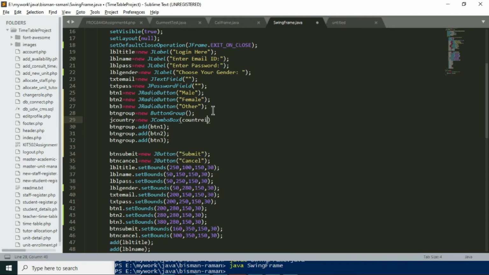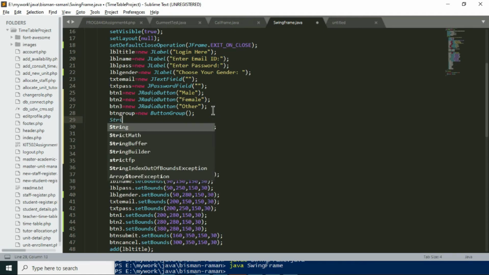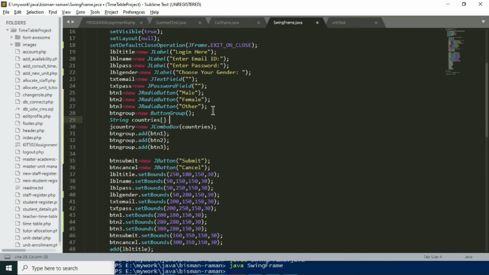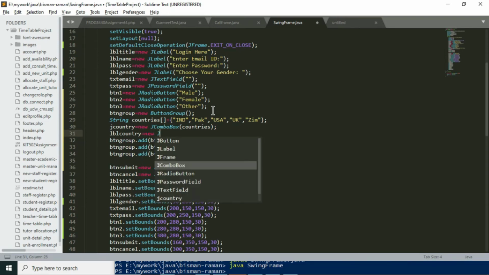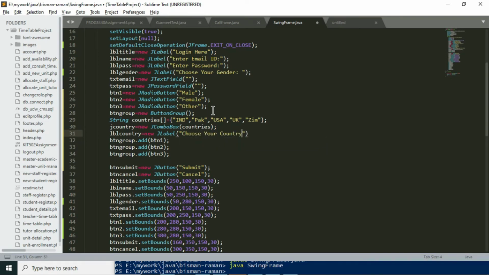I'll make this UK. So you can add more. For lbl country, I'll have to set the properties as well. Then I have to add these things.